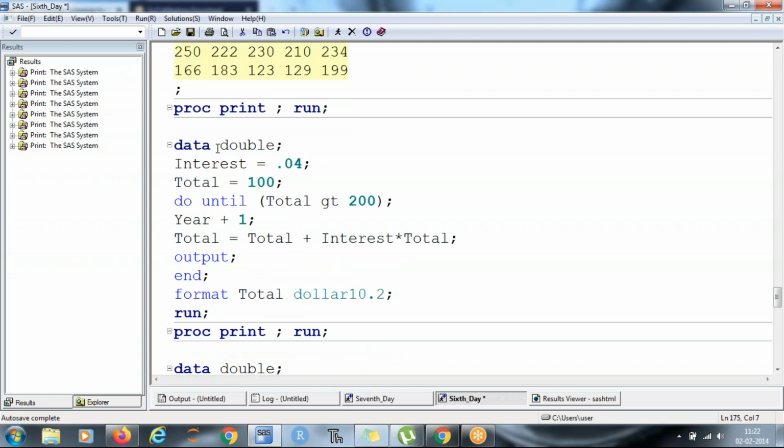Now I am coming to my first question, which I mentioned in the beginning of the class: if you need to calculate in how many years your money will become double. In the previous example, we were checking what my amount would be in 10 years, in 20 years. But if I have to check in how many years my money would be double, then I will use do until, or do while. So we have two more do's, which are do until and do while.